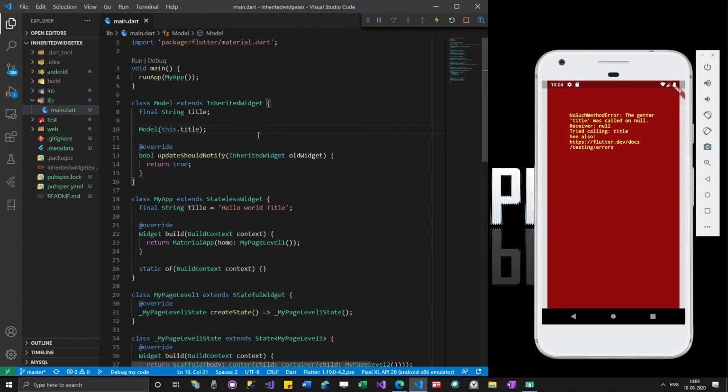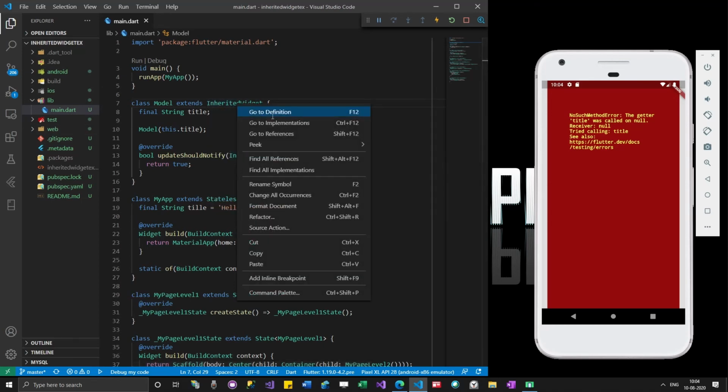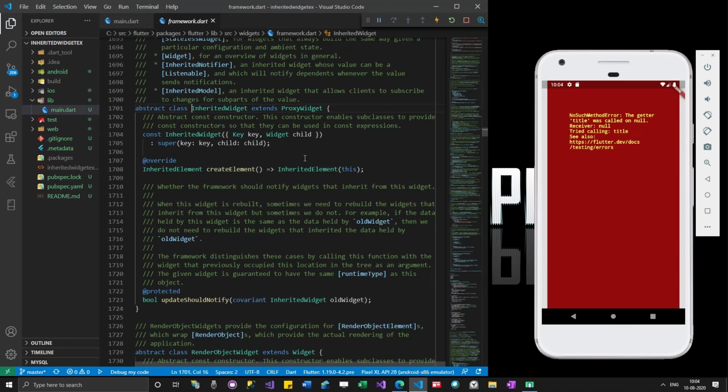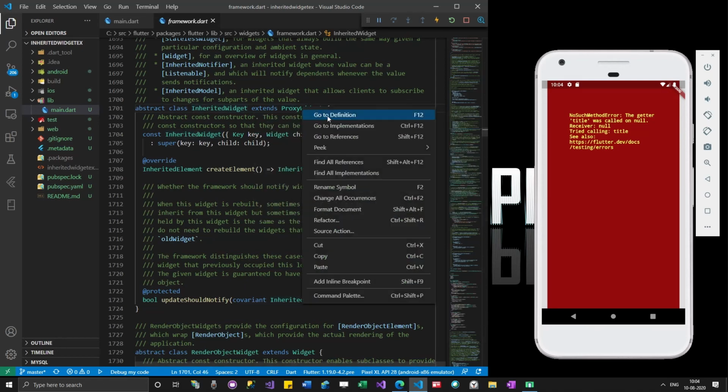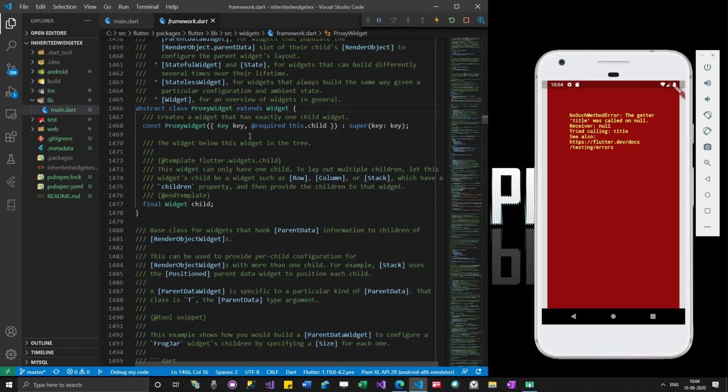Whenever you are extending something, here we are extending inherited widget, in the general sense, this inherited widget might also have a constructor. And you can see that this inherited widget extends proxy widget. So proxy widget will also have a constructor. So all these are constructors.